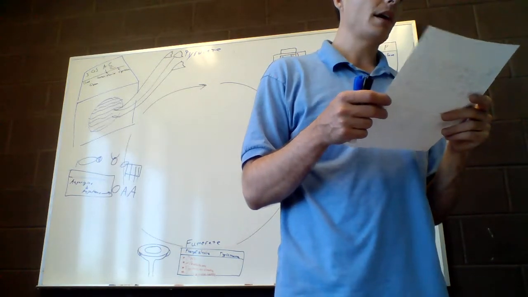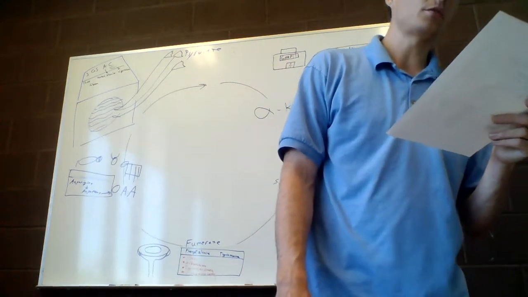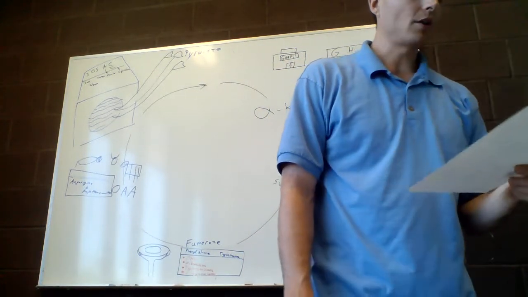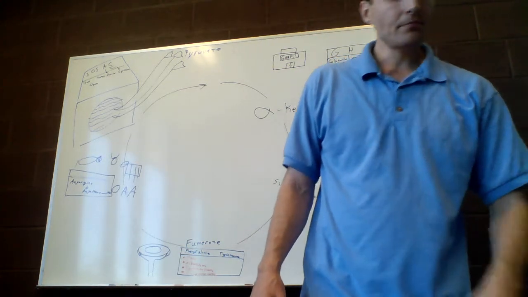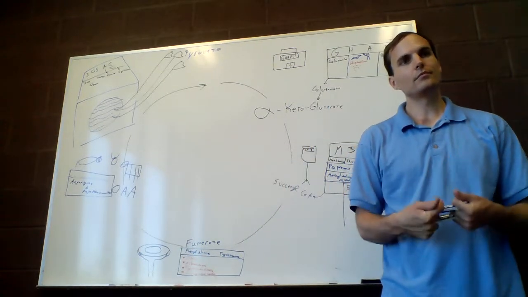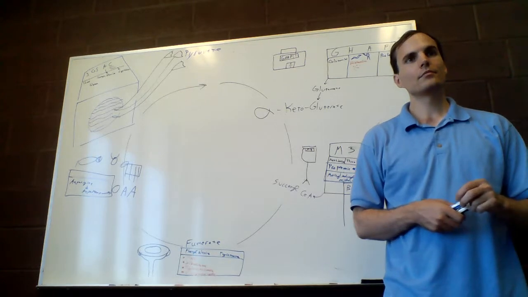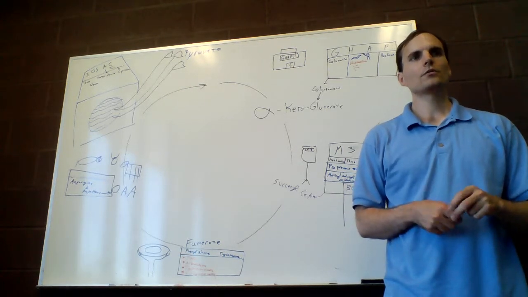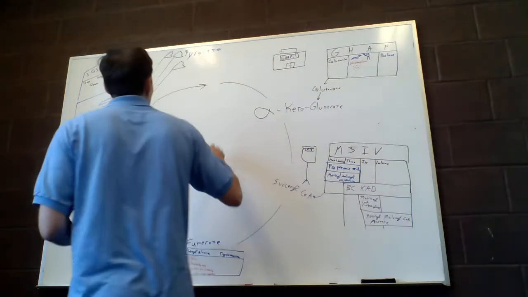Acetyl-CoA and acetoacetyl-CoA are ketogenic. So pyruvate, oxaloacetate, fumarate, succinyl-CoA, and alpha-ketoglutarate are all glucogenic. And that's because